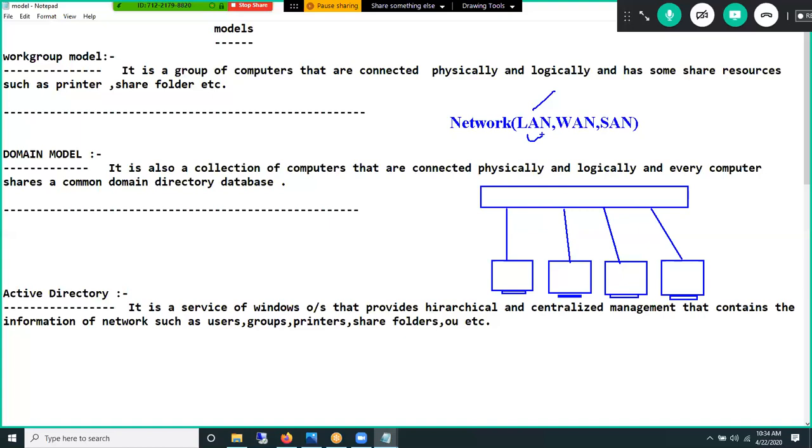Okay. So a local area network is nothing but where all the machines are connected together in the same geographical area, in the same building. So this network we can represent as a local area network. Okay. Now, again, if you want to make a local area network, when you connect a group